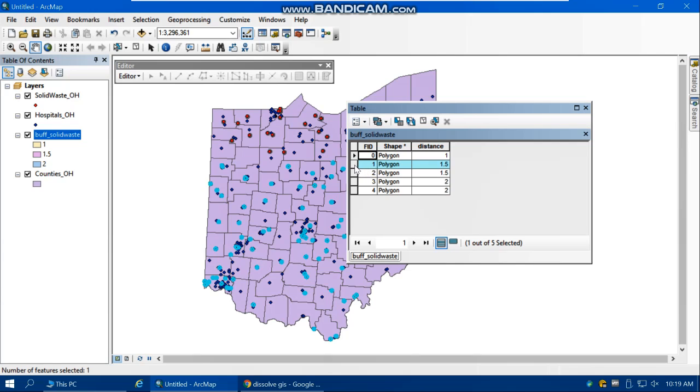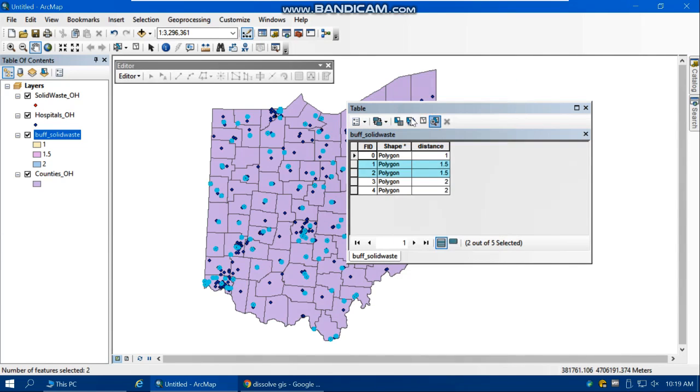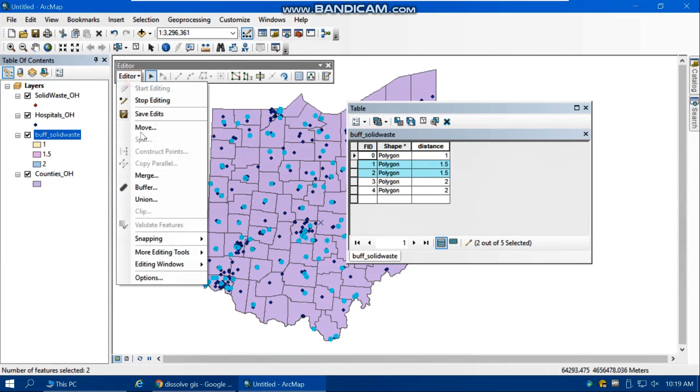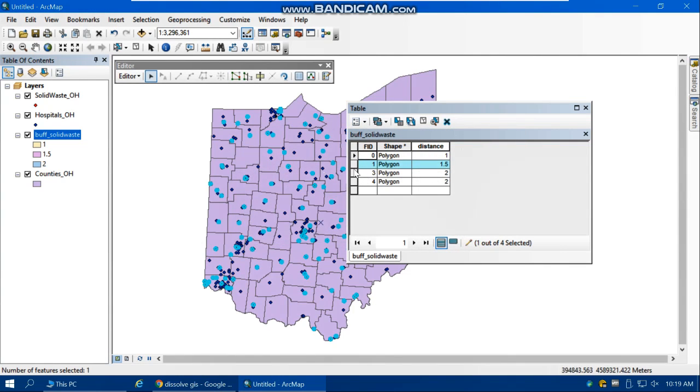So maybe for you it is different, but it should be only 3 buffers: 1, 1.5, and 2. If this case happened to you, you have to merge these 1.5 distance lines. You have to select these two, and then from the editor, select start editing, and we're going to merge these two features. So if you select merge and then click OK, you can see that these two features have been merged